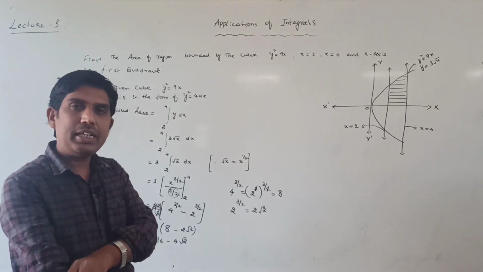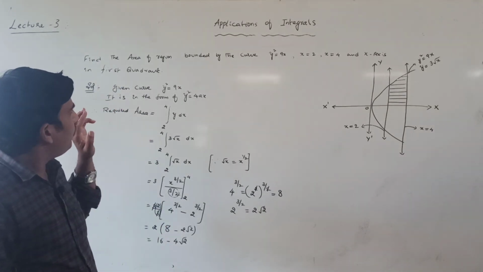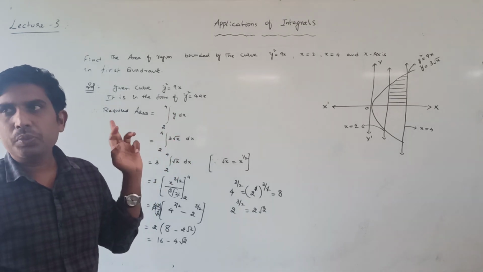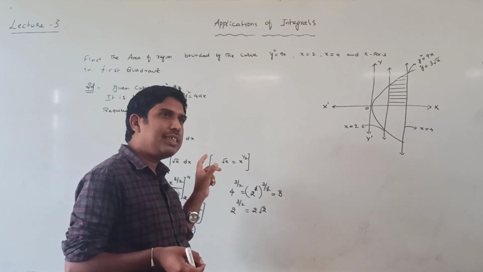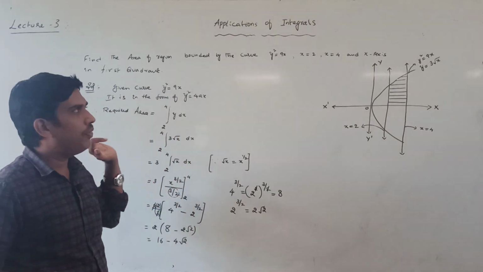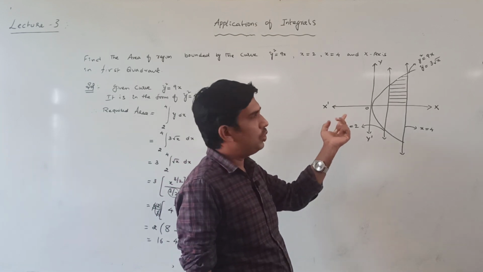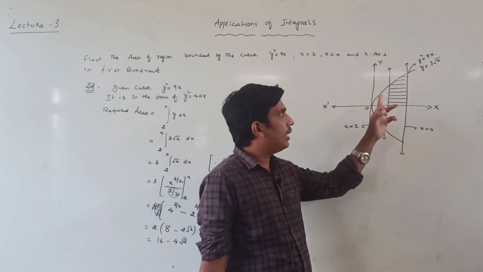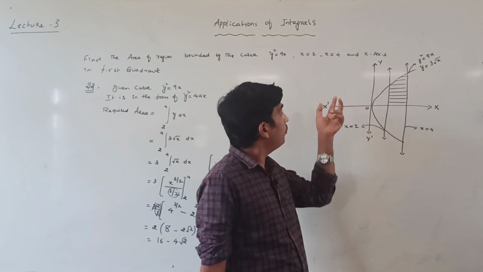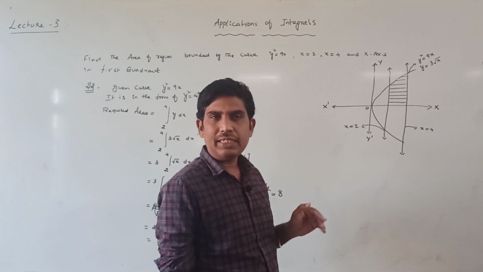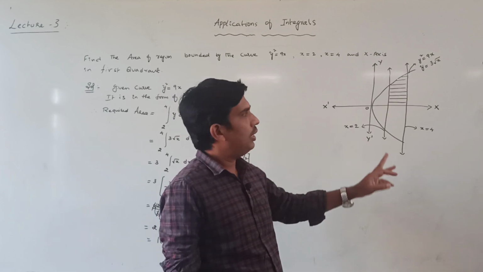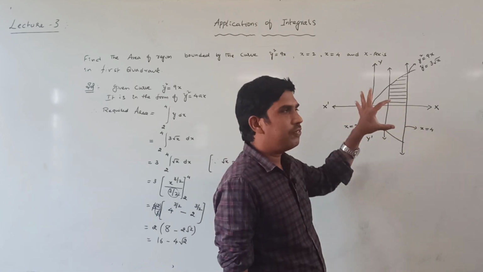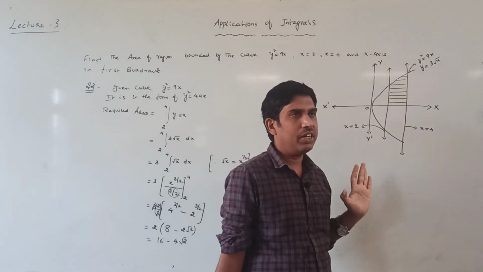Once again, important for a 3 marks question. So find the area of the region bounded by the given curve, x is equal to 2, x is equal to 4, with the x-axis in the first quadrant. So the given curve represents a right parabola with the vertex at origin. So I drew one parabola equation here. Next, x is equal to 2, x is equal to 4, both represent vertical lines towards the right of the y-axis, and then with the x-axis and first quadrant. So just this first quadrant region only, that one only we have to evaluate.